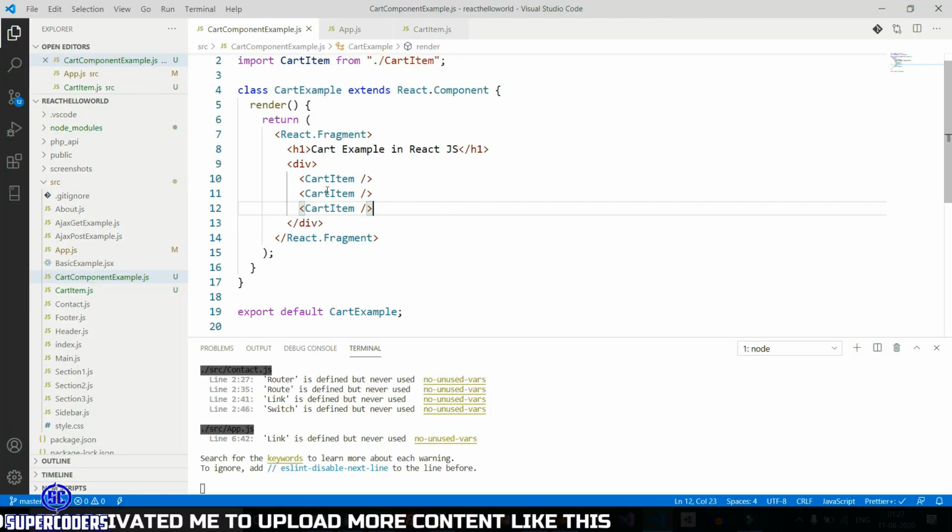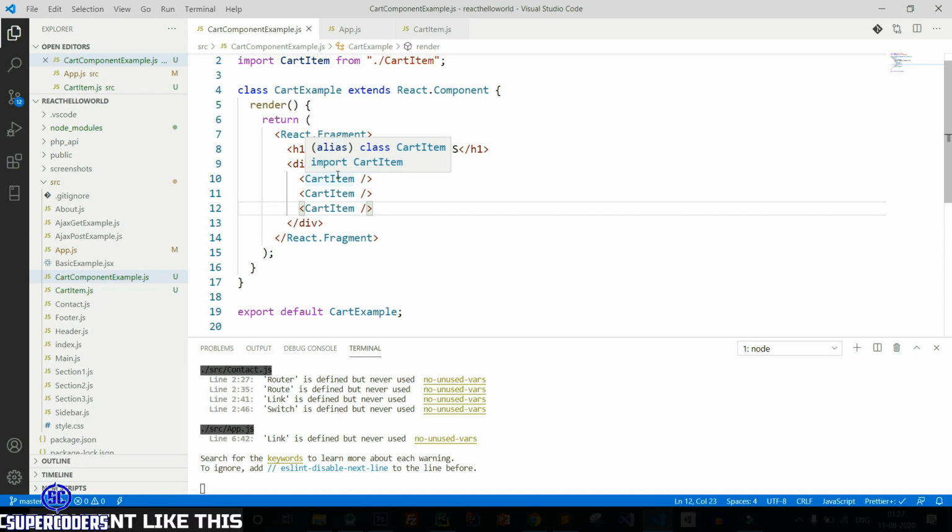So let's see how you can pass some data in cart item, means passing data from parent component to child component. So let's see how you can do this. So here you need to add extra attributes, like I am giving attribute value.